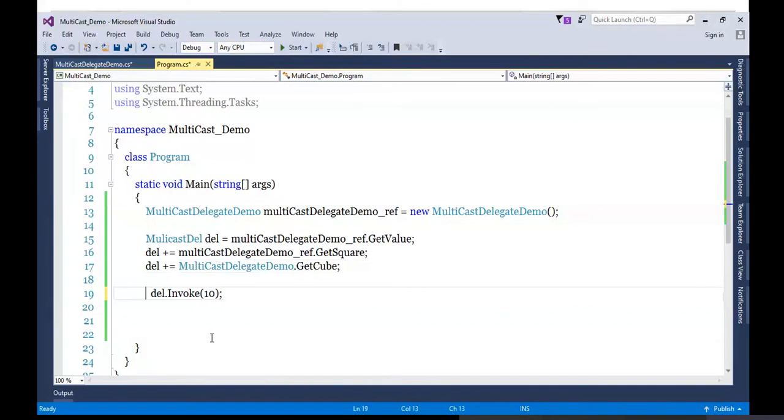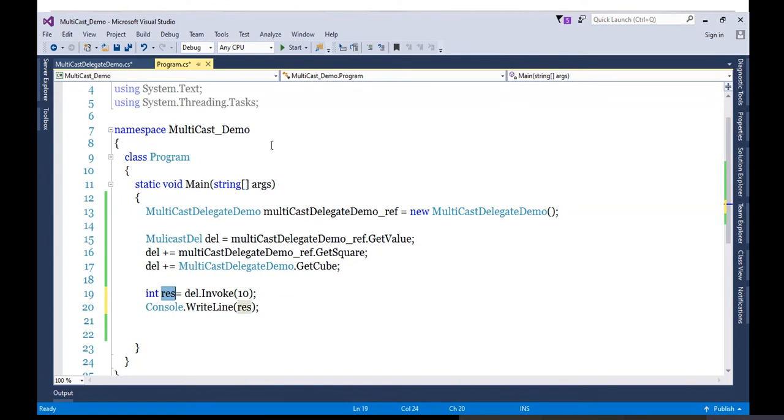Now it is returning a value. I knew it already, so I will check that value in resultant and let's try to print it. So what will happen here, when the methods get invoked, let's say the first method is executing, GetValue has returned value 10. So the value 10 is stored in resultant.